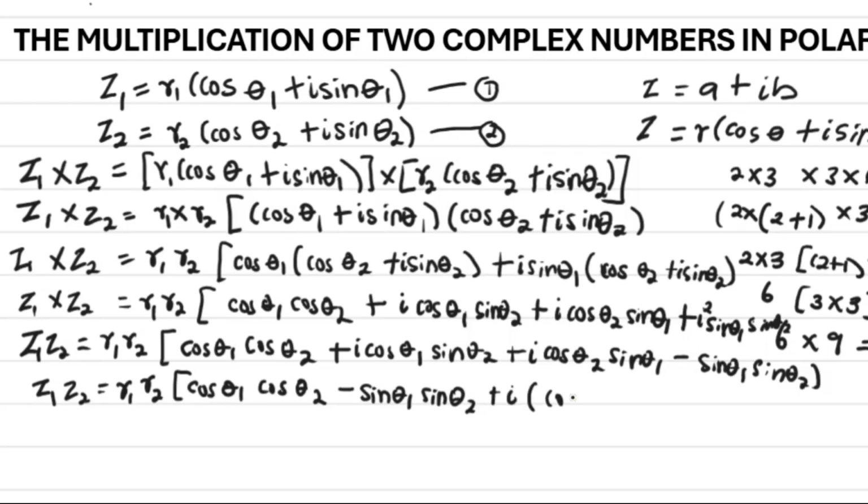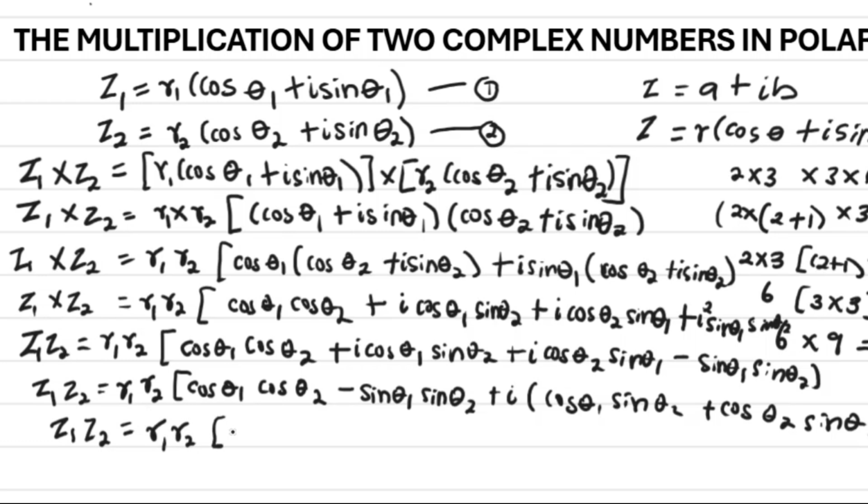This will remain cos theta 1 sine theta 2 plus cos theta 2 sine theta 1. Now, it means that Z1, Z2 is going to give us R1, R2 into,